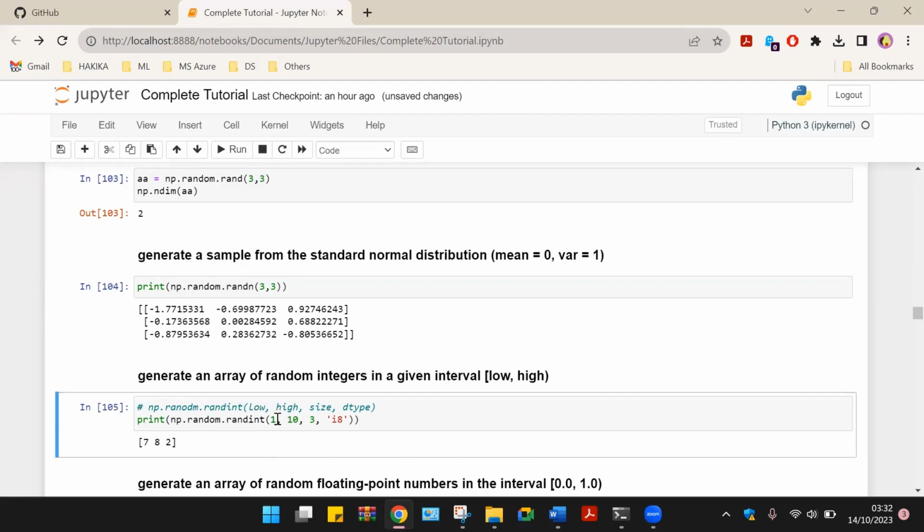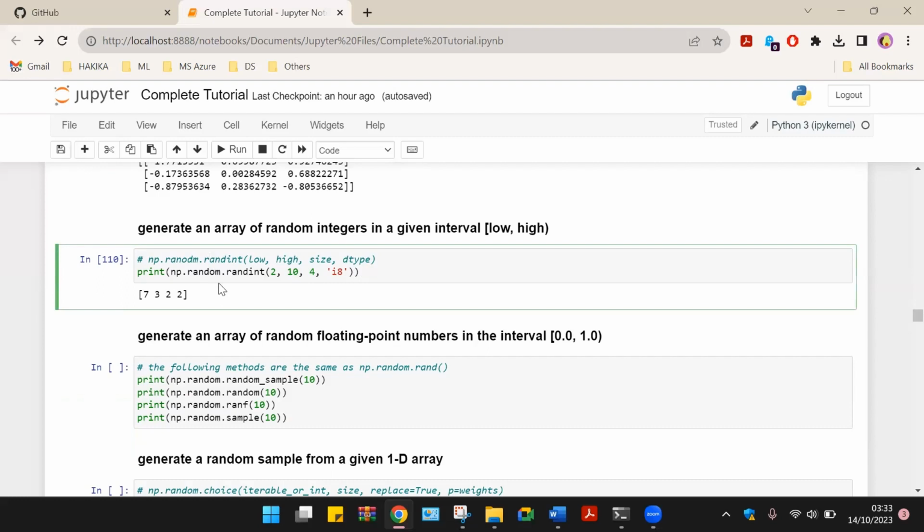That is, we are creating a one-dimensional array. The maximum is 10 and the minimum is 3, and the values are integers. Let us move forward and see how we can generate integer values in an array using the random function, and we are using the low, high, and size, and then